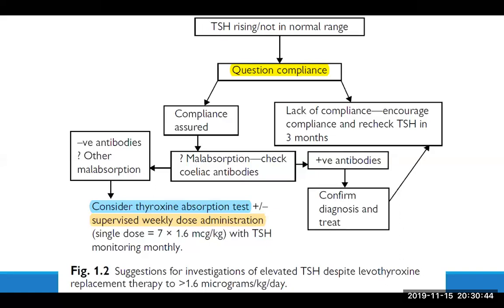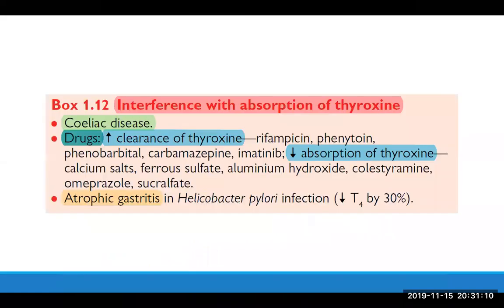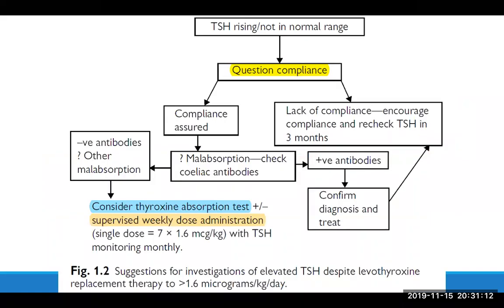If TSH is not normalized, this is thyroxine malabsorption. If normalized, this is non-compliance: the patient does not receive his treatment as prescribed. This is very important, and in most cases the test is not needed. Actually, if you search, you will suspect non-compliance first. Then what to do in case TSH doesn't normalize, if we do this single weekly dose, even if TSH is not normalizing?